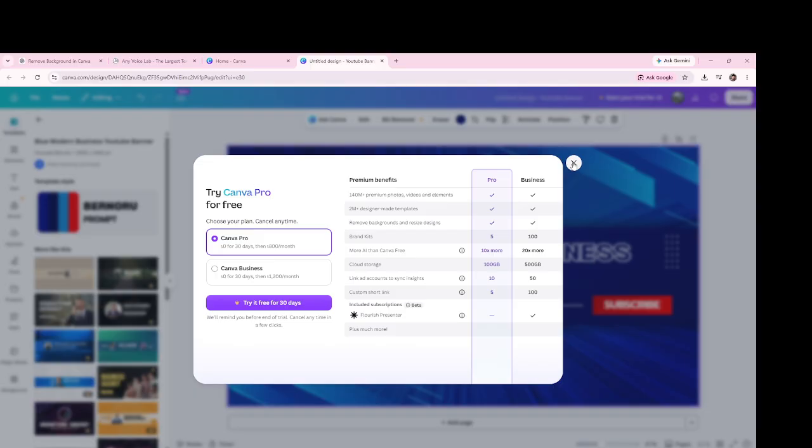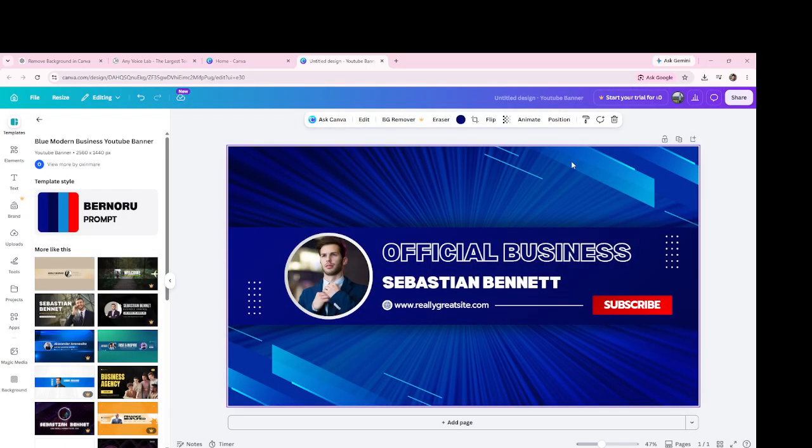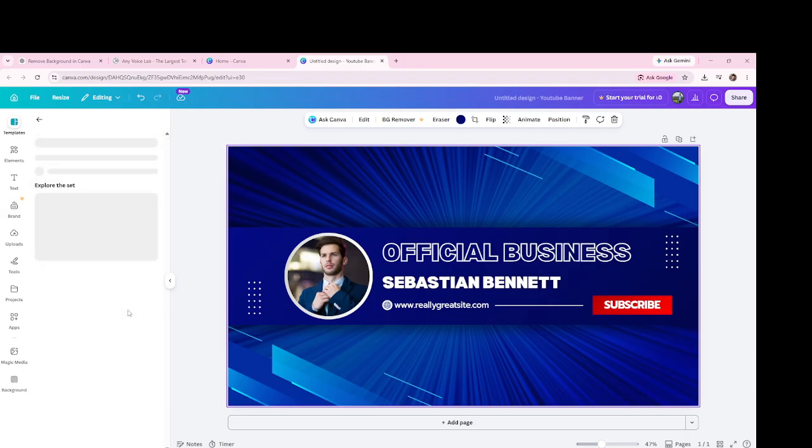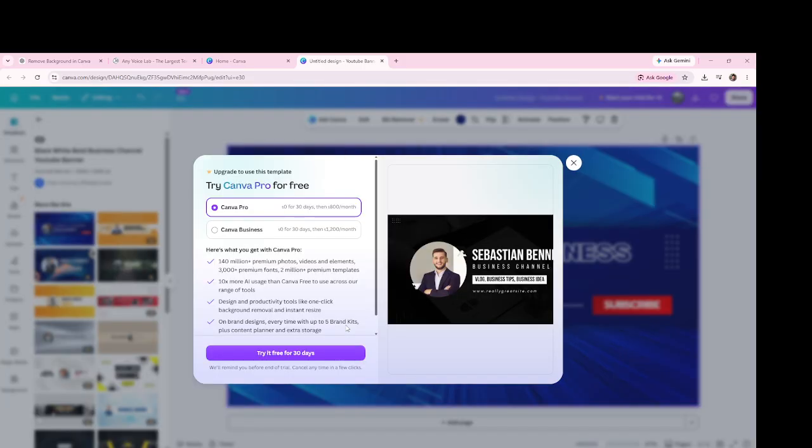This happens because Background Remover is a Canva Pro feature. It isn't included with the Canva free plan. If you're using Canva free, you'll need to start the free trial or upgrade to Canva Pro before you can use this tool. After upgrading, you can remove the background from your image with just one click, and Canva will